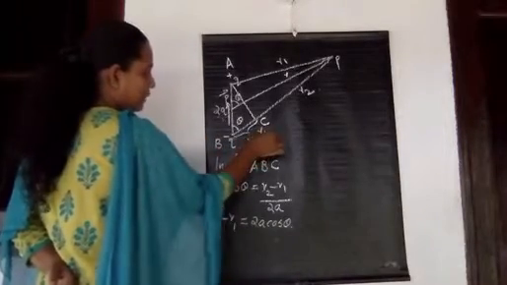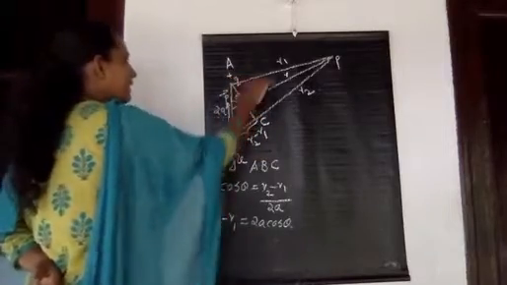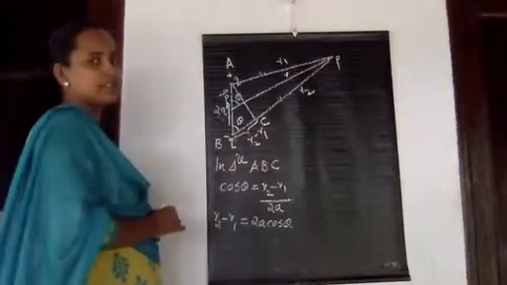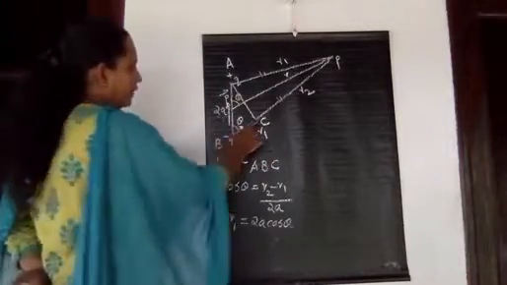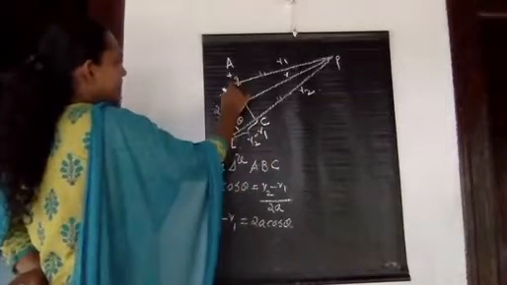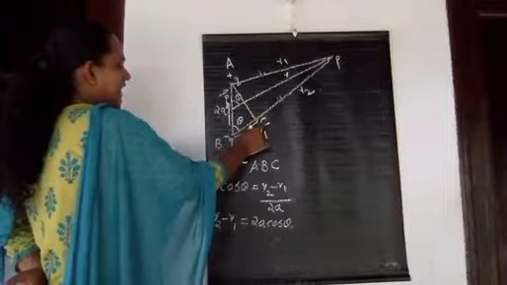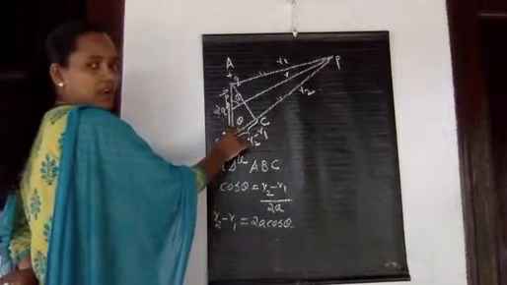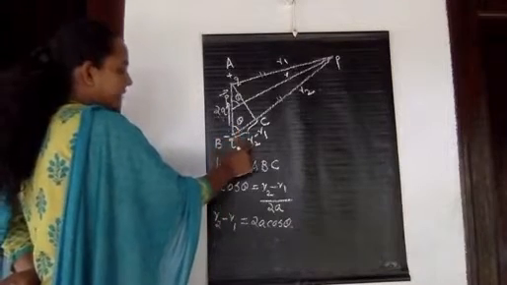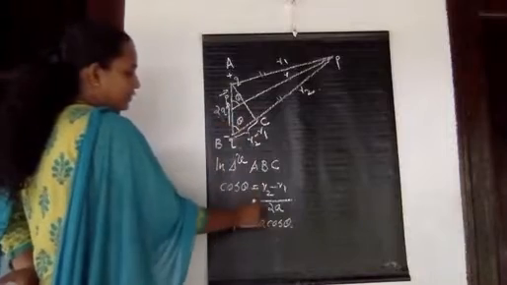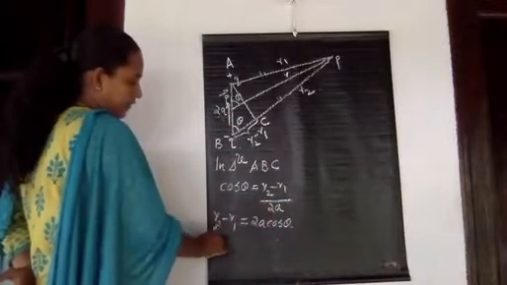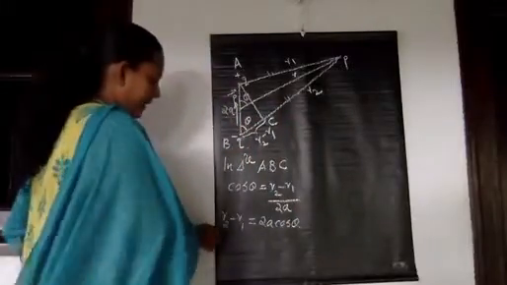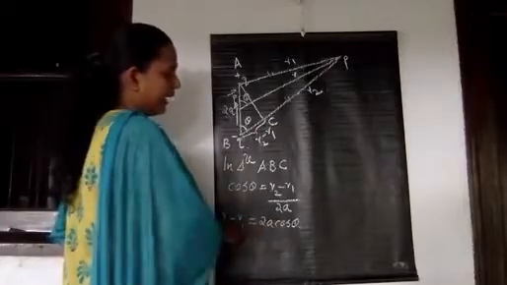So, in order to get an expression for R2 minus R1, first of all we drew one normal from here. Then these two distances become nearly equal. This will be the extra distance and that becomes equal to R2 minus R1, the difference. And in order to get an expression for R2 minus R1, we consider here a triangle ABC, and in this triangle, since this angle is theta, what is cos theta? Cos theta means R2 minus R1 divided by 2a. So what is R2 minus R1? R2 minus R1 is equal to 2a cos theta.